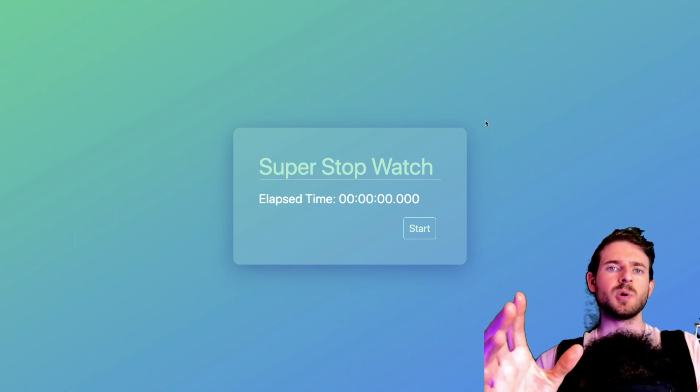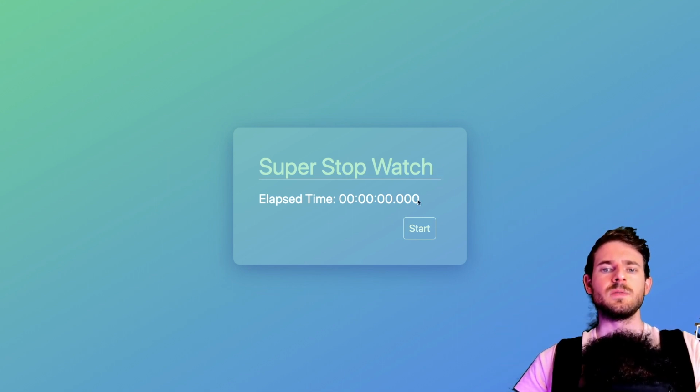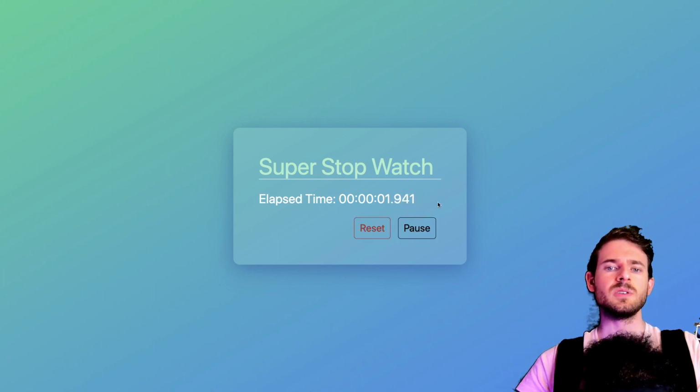In this one, I'm going to be showing you how to build a stopwatch using Svelte and TailwindCSS. So if you see here, we have the application that we're going to try building together. And if you click on the start button, it's going to start the stopwatch. And then of course you can click pause to pause its running time and then come back later